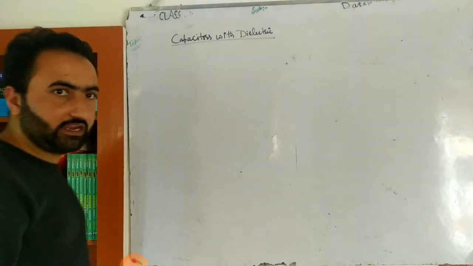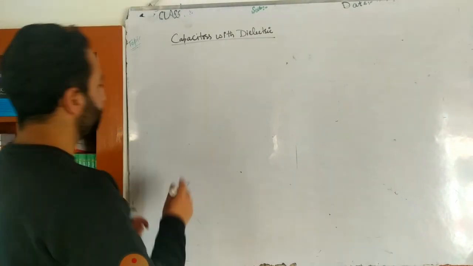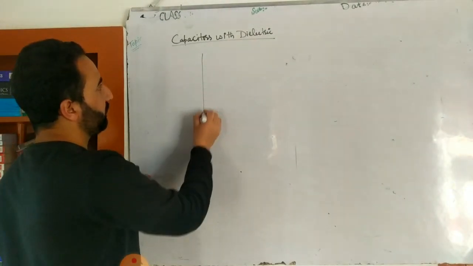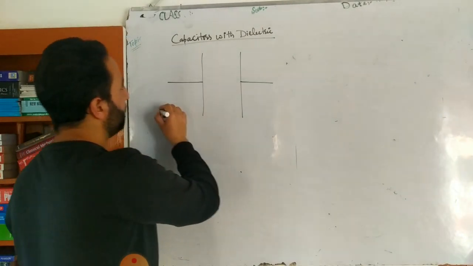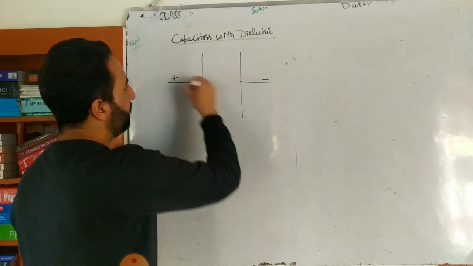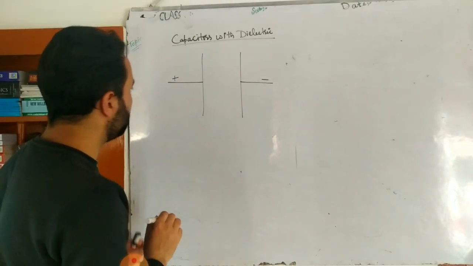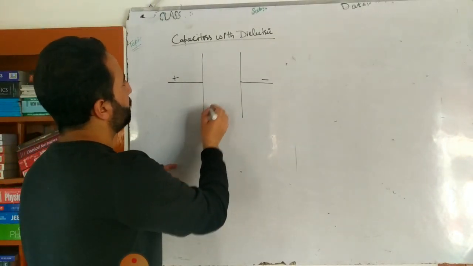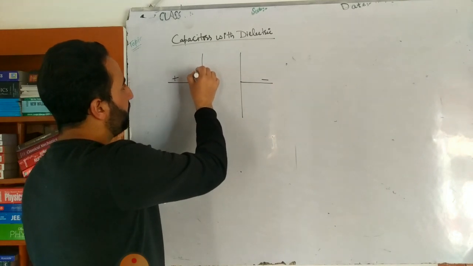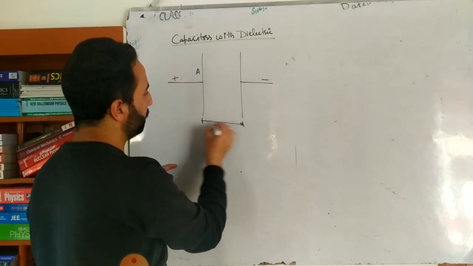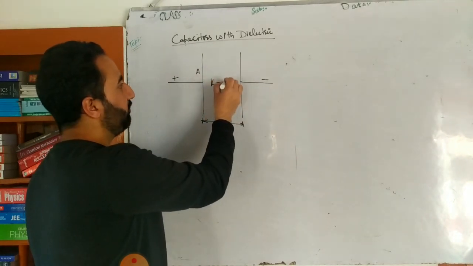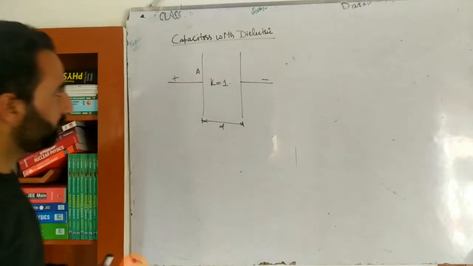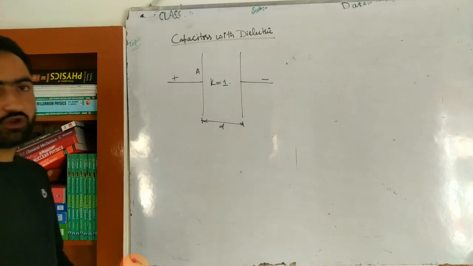So capacitors with dielectric, let's do examples on this. Now look, first of all, here we have this parallel plate capacitor. Simple. This is a parallel plate capacitor. So this is positive, this is negative, maintained at high potential and low potential. The area of each plate is equal to A, and the separation between them is equal to d. It is separated by vacuum, so the dielectric constant K will obviously be equal to 1. So simply you will have to calculate the capacitance.